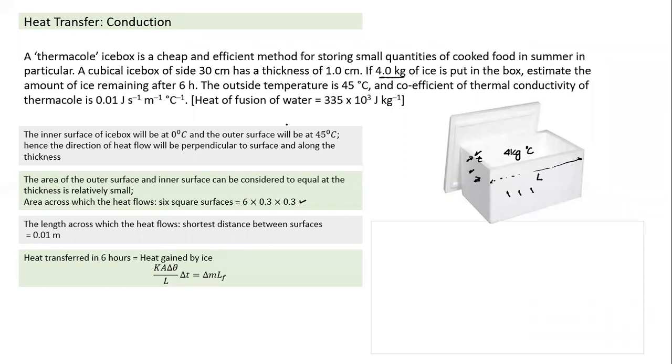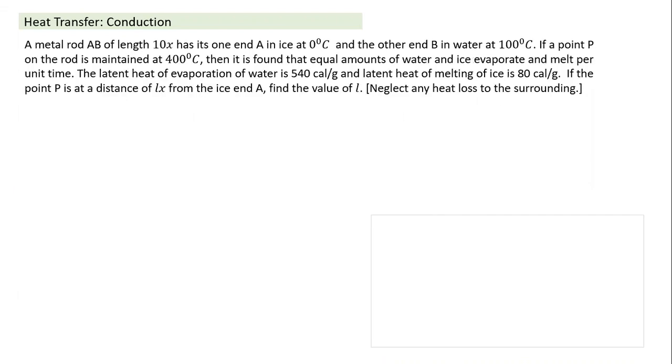I have to choose units accordingly. Where is the K term? This is given in joules, meter, and second. It is given in SI units, so it is better to substitute everything in SI units. It is given in joules per second per meter, so delta T also in seconds, length in meters, mass also in kg. And this will give you the mass of ice which will undergo the phase change. We can easily calculate it.